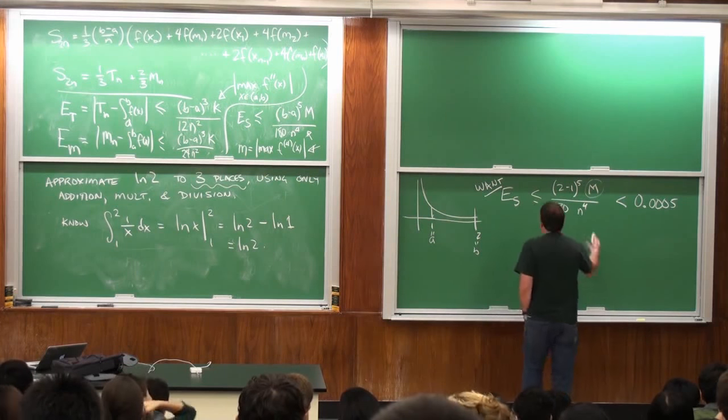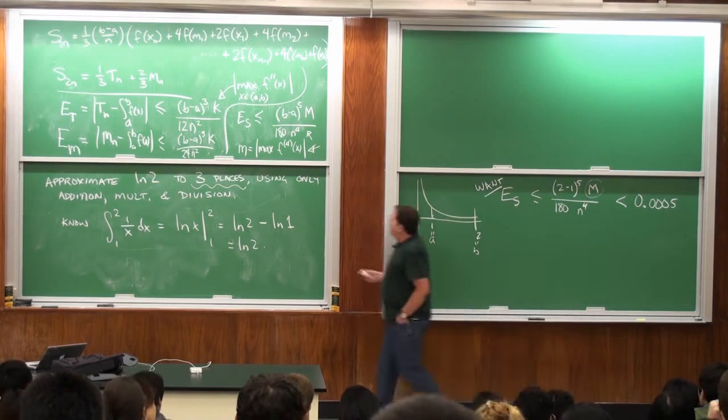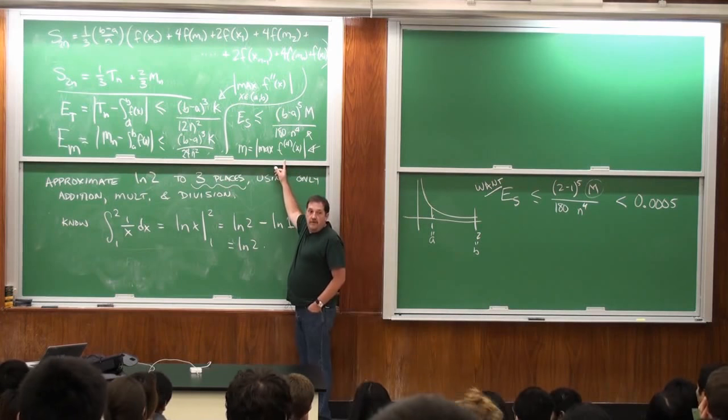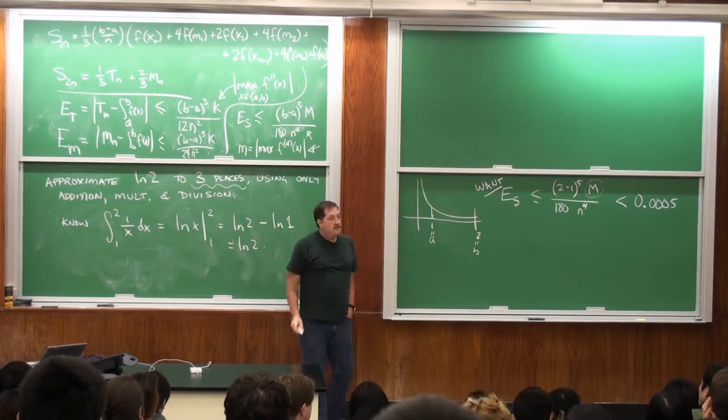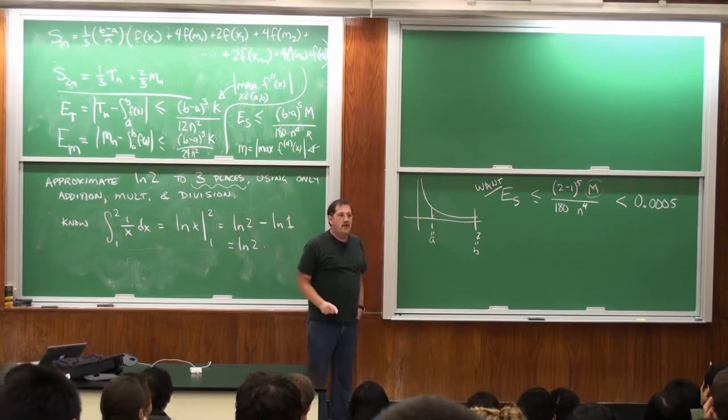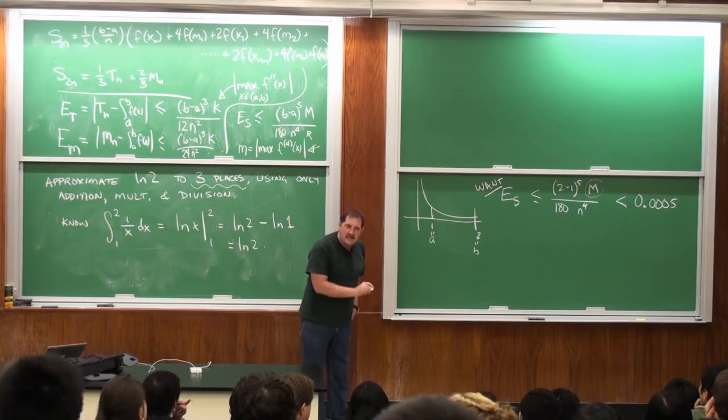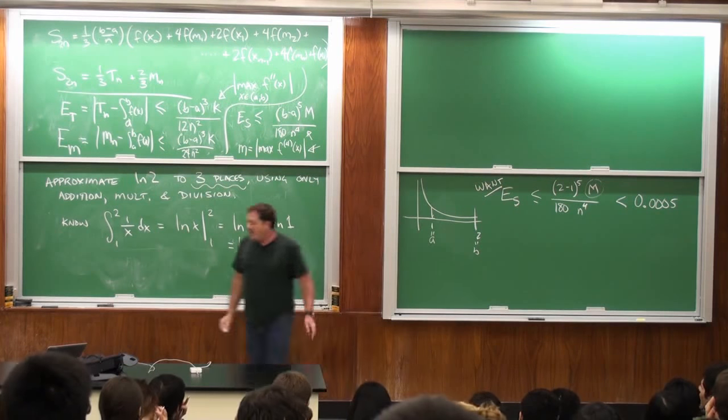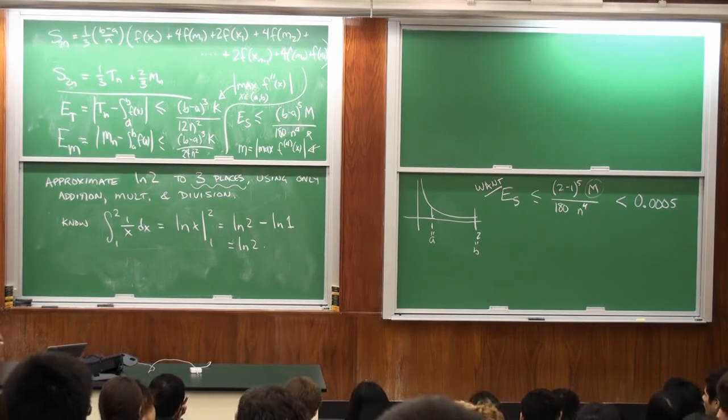Okay, so what's m? Well, m is the maximum of the 4th derivative. It's 180. I wrote 120 and then I checked and it was 180. I changed it at the very end of the class. It better be 180. Let me check again because...